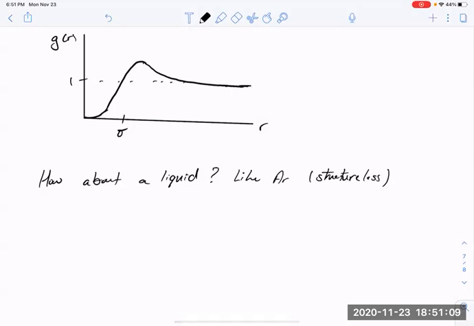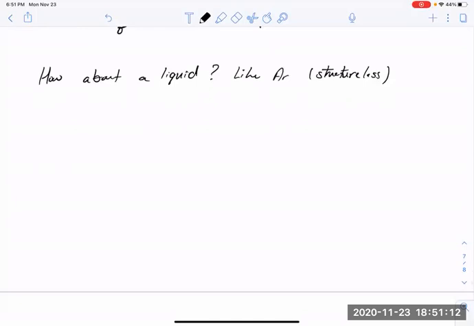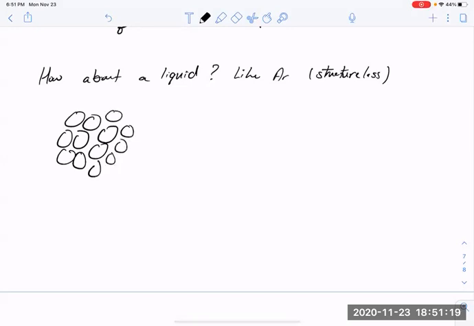And if we were going to draw what a snapshot of a fluid might look like. We did this at the outset, maybe something like this. If I tagged a particle at the origin and looked at concentric circles around it,